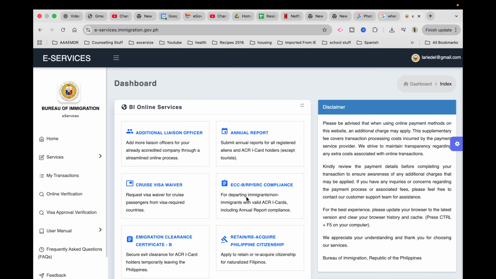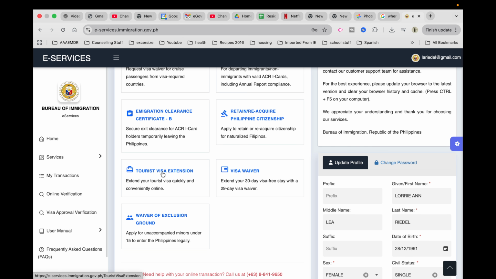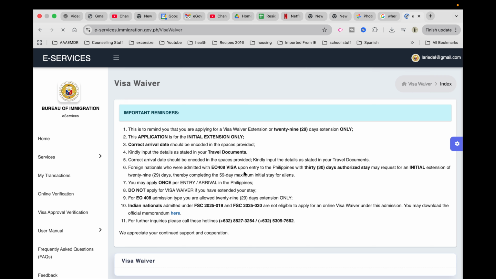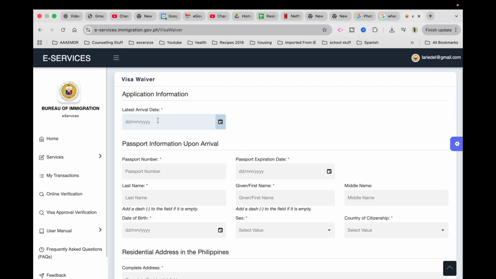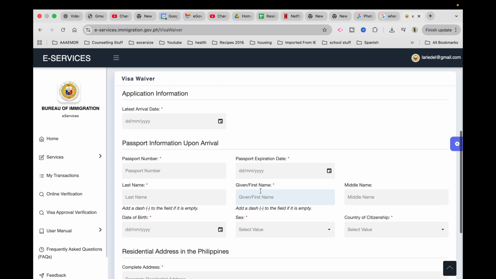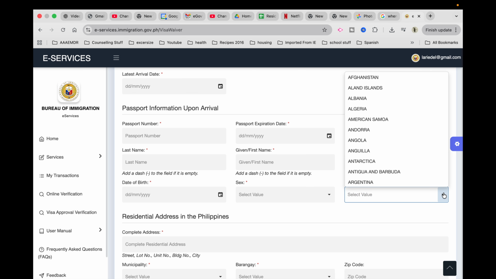Successfully logged in. Now the dashboard, you're going to see a few things here. You would think you could do this one, but it won't work. So you're going to do the Visa Waiver. You're going to click on that. It's going to bring you right up to the application. So you need your arrival date when you arrived in the country. You need your passport number, expiration, last name, first name. You notice there's no red asterisks after middle name, so it's your choice. Date of birth, your gender, your citizenship,